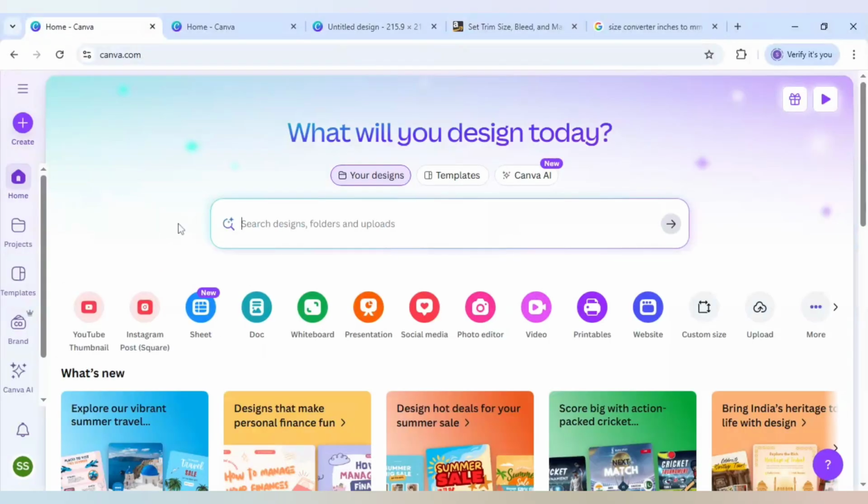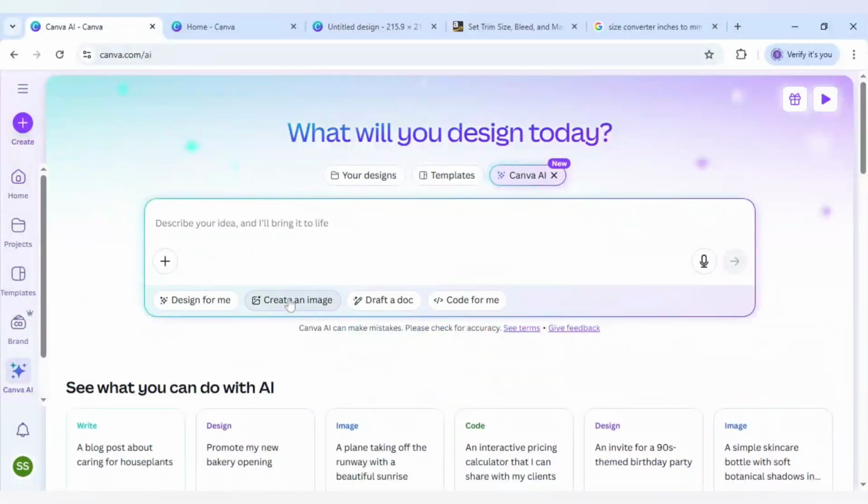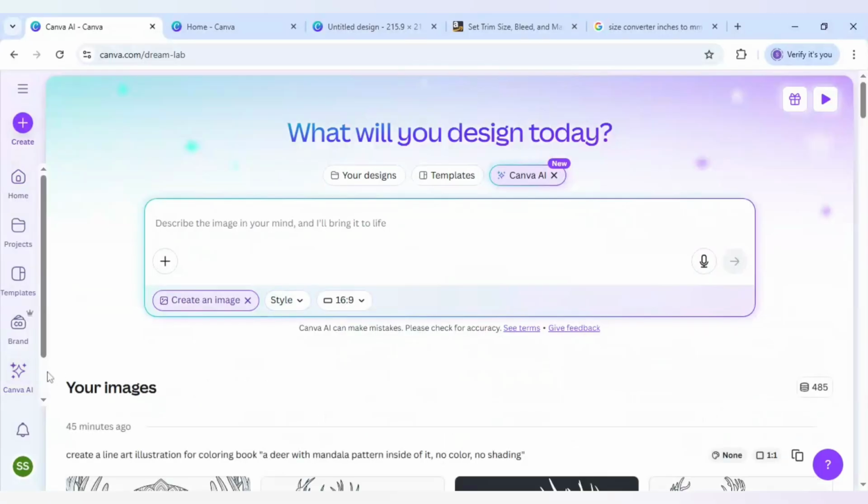So I will go to the Canva homepage, and here I will come to Canva AI. Okay, and click on create an image, and you can just click on the homepage on Canva AI, or you can just click on here. So my image prompt will be: create an image for coloring book. After writing this, we will use the prompt for deer. Okay, so I will use the double quotations, and here I will write a deer with mandala pattern